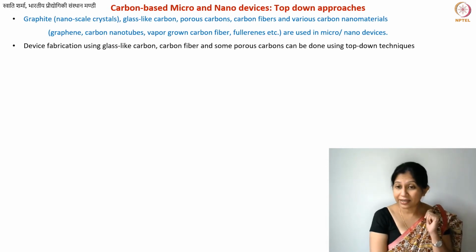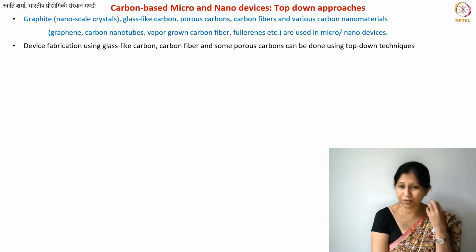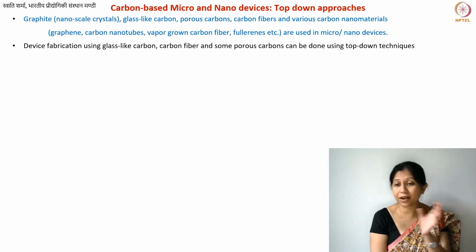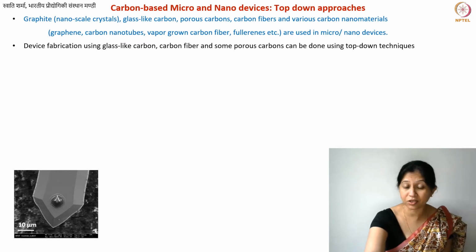So in that case, another technique that you can think of is electrospinning. So you can make something using electrospinning. It is a top-down technique, right? You're making fibers, you're pulling fibers. And then we are removing the non-carbon atoms from it. So it's subtractive. So carbonization is actually always subtractive. So these are the top-down approaches for making carbon-based structures devices.